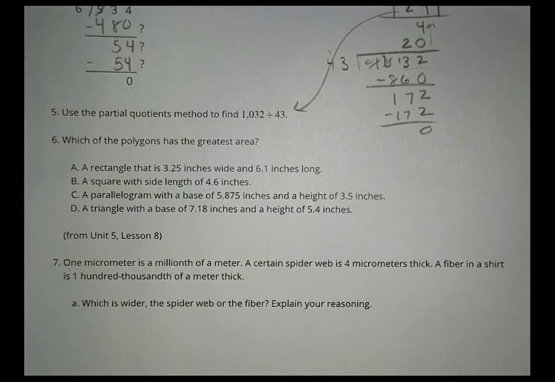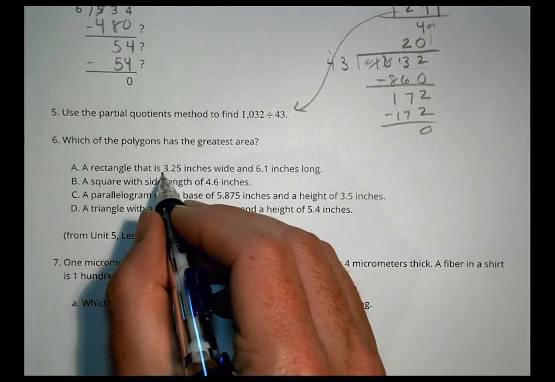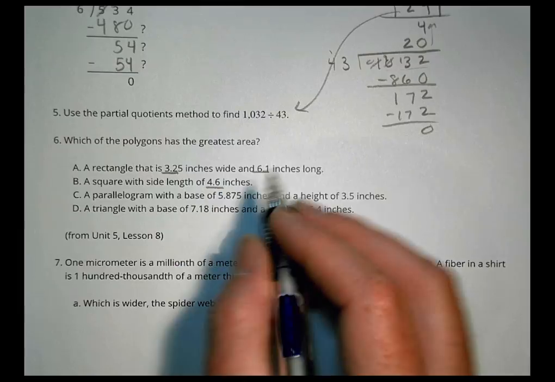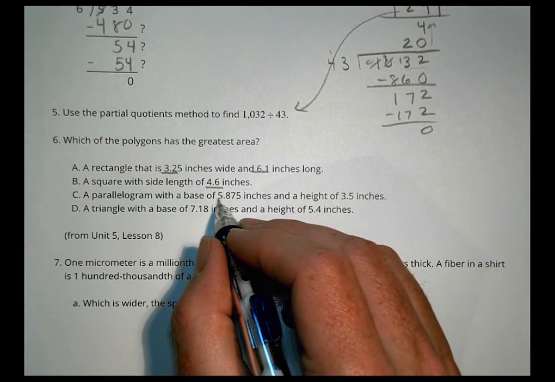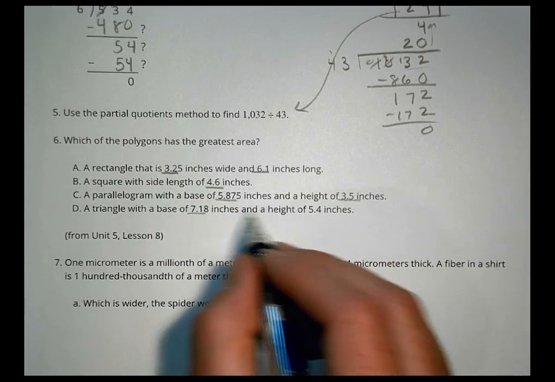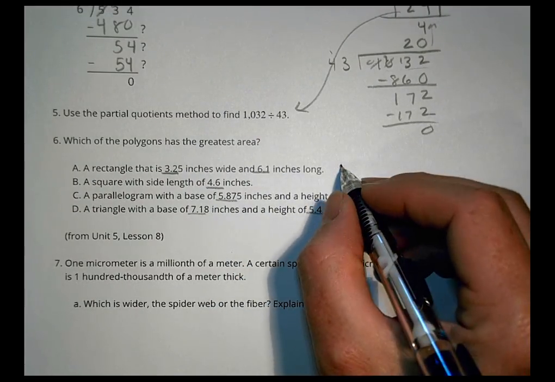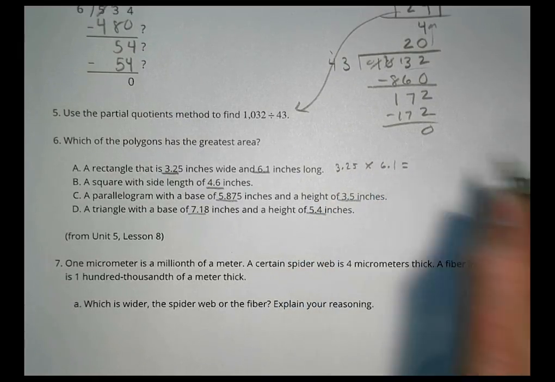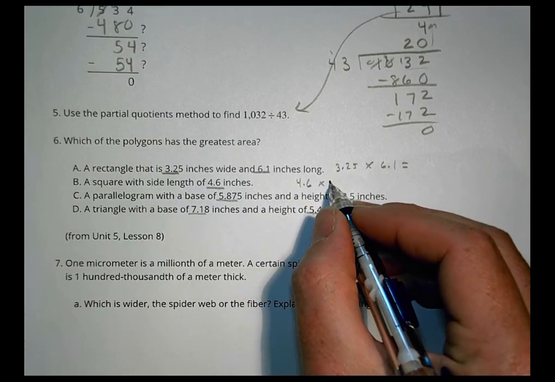Okay, number 6. A lot of math here. Which of the polygons has the greatest area? A rectangle, like that has these dimensions, a square, which is 4.6 times 4, and then a parallelogram, the width and a base and a height, or a triangle with the base and a height there. So you have to do 4 different equations, okay? The first one is 3.25 times 6.1 to get an answer there. The next one, it's a square, so 4.6, and we're going to multiply that by,